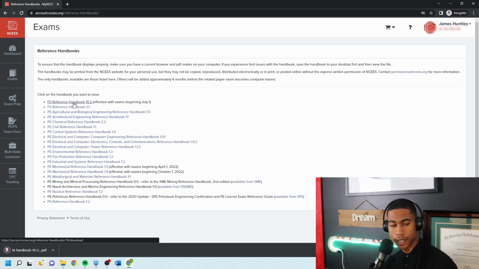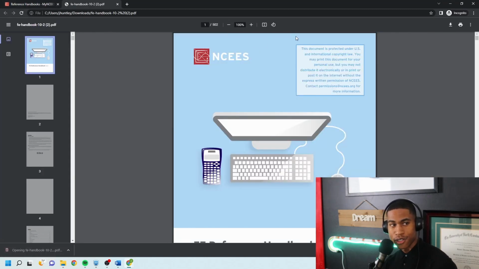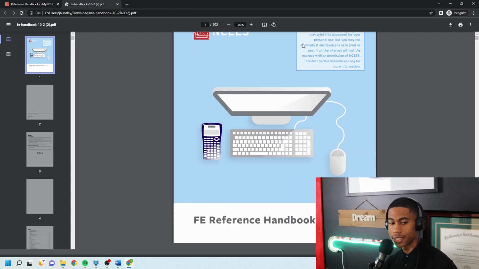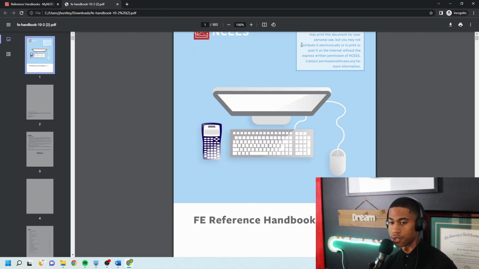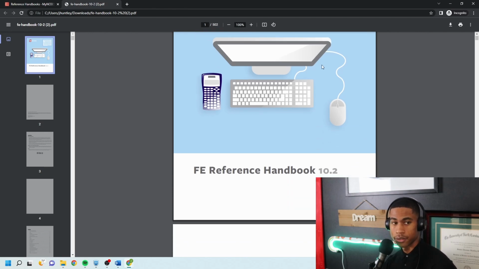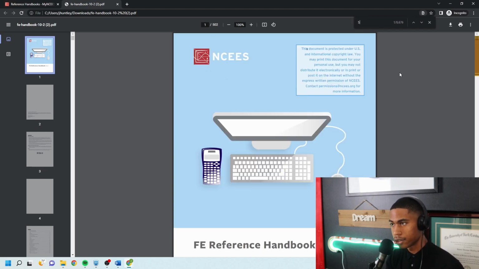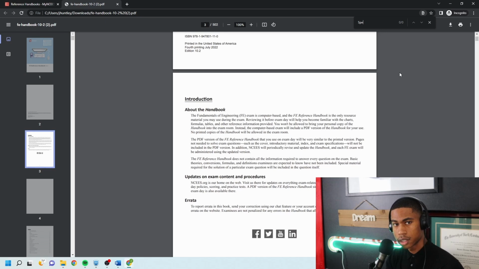All right, and it's going to download a file, a PDF. Looks like it's a 502-page PDF. So this is what you're going to use when you take the test. So you want to get really familiar with this. But for our purposes, this is specifically for civil engineers, or if you're trying to pass the civil section. So the next thing you want to do is type in specifications. So you'll hit your control find and just do specifications